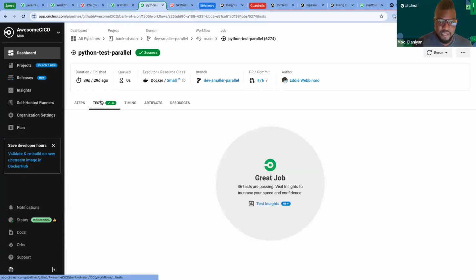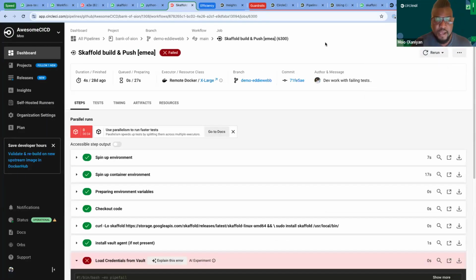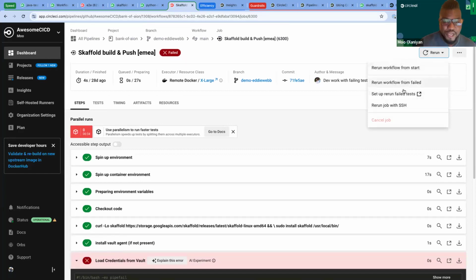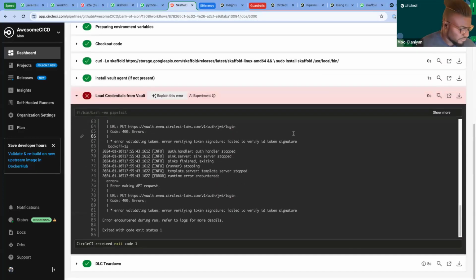So I hope that makes sense. Now, let's talk about what happens when tests fail. Let me go to an example of a failed test here. We give you a couple options to really speed up your debugging process. Remember, as I mentioned earlier, you have all of these options for when you want to rerun those tests. On top of that, we give you a little bit of insight on your tests. This one isn't flaky, but if it was particularly flaky, CircleCI would have a little notification here saying, hey, this test sometimes passes and sometimes fails. This is flaky. You should probably take a look at it, right?